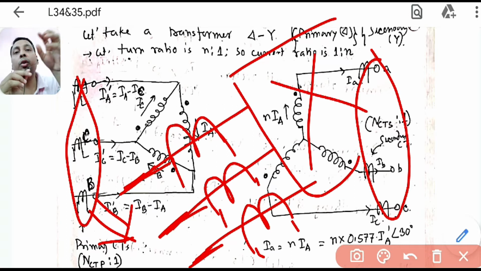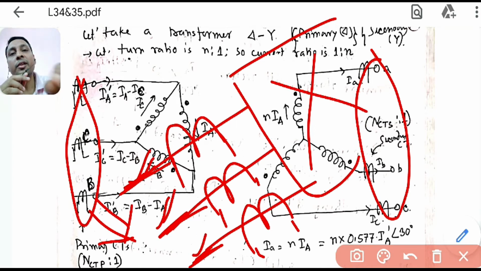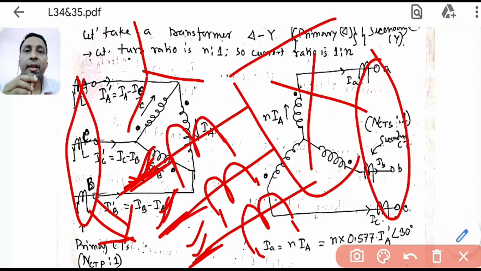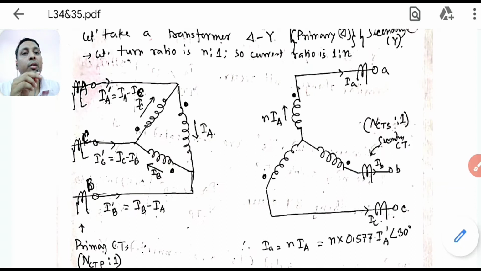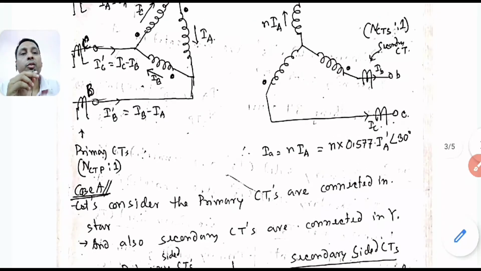So you have no control on the primary, because the line current it will obviously take. You should take this: the primary is always connected in star, because three lines are there. Star is three lines, simple as it is. There is no interconnection, and the sum of all three currents will always be 0, because it should be balanced. So what I have considered. So what is the problem?